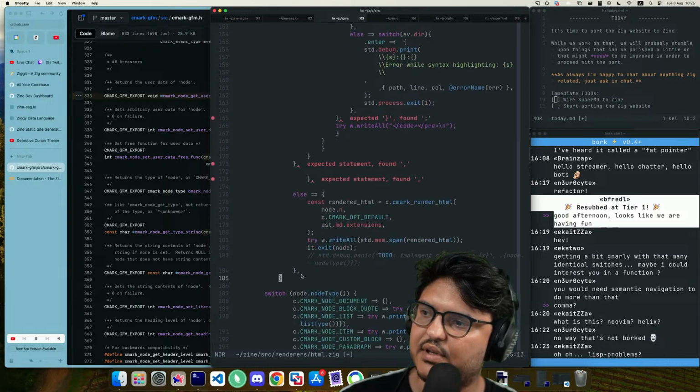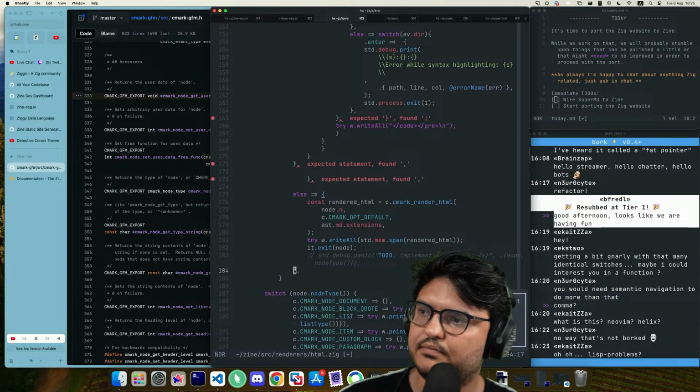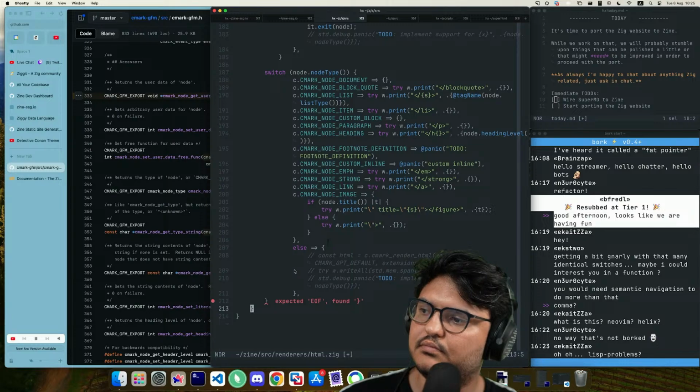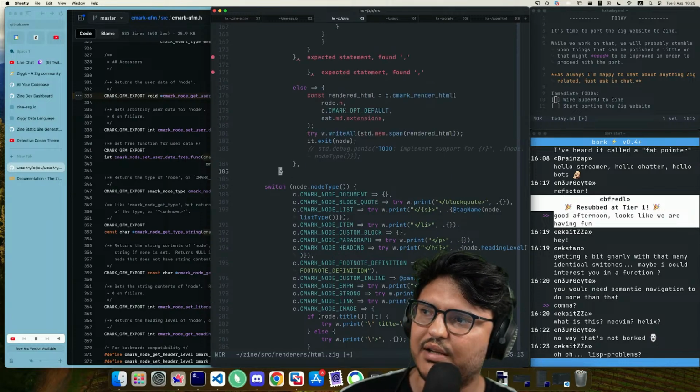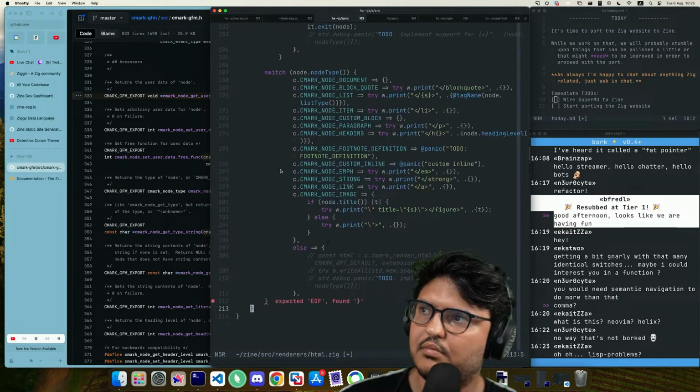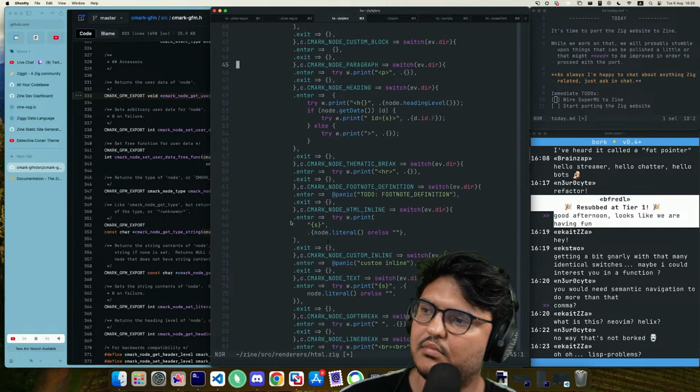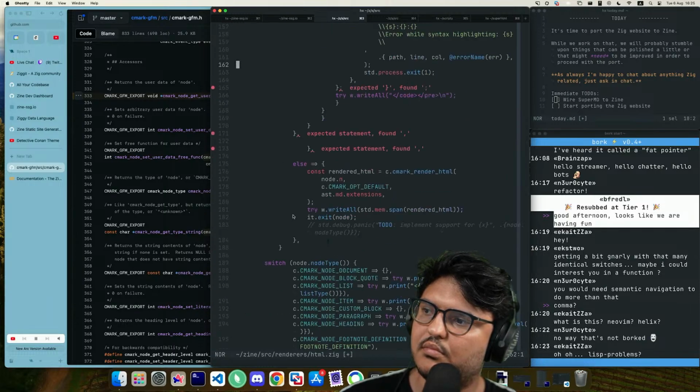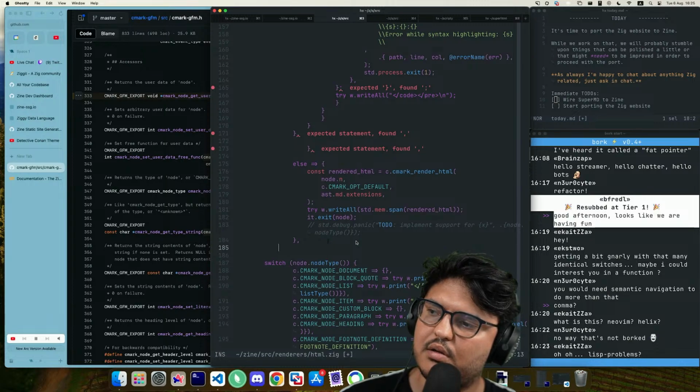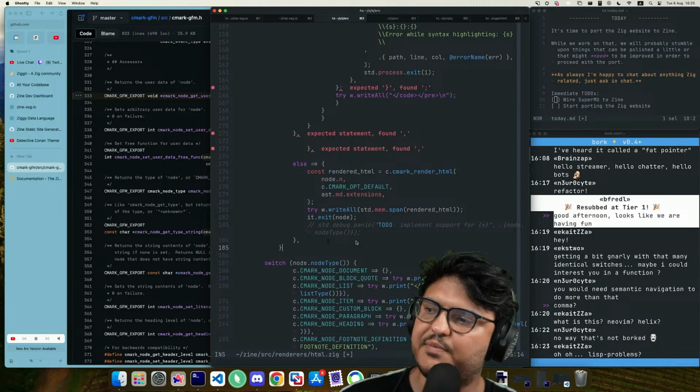This is still messy. If this is an else for the outer switch, what? Expected EOF.